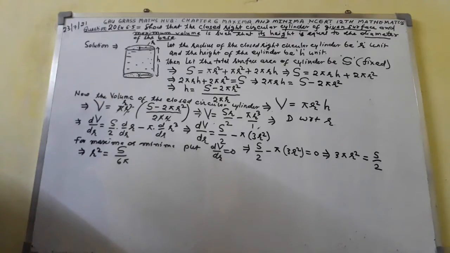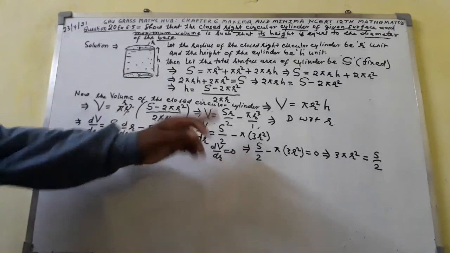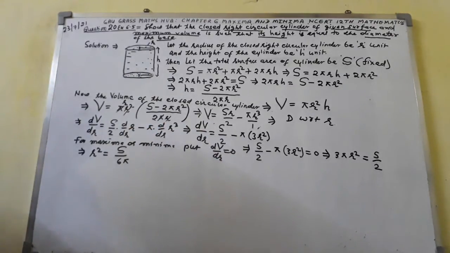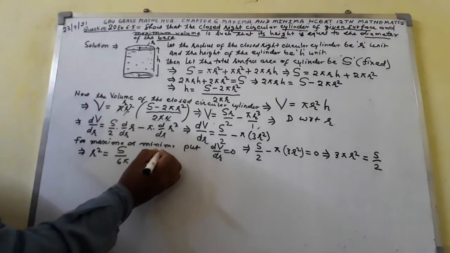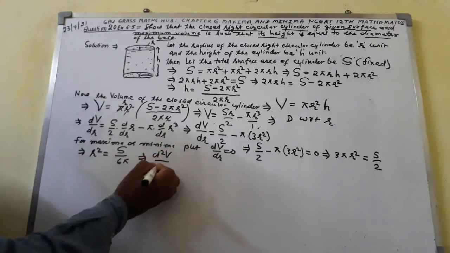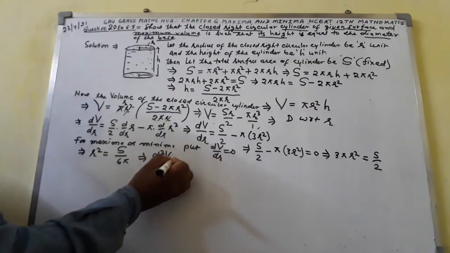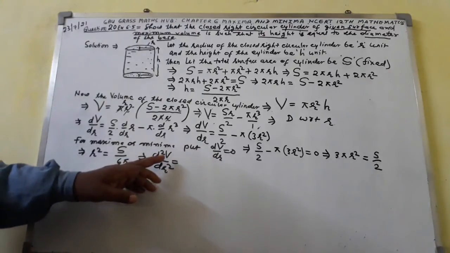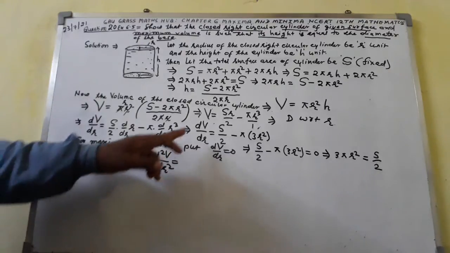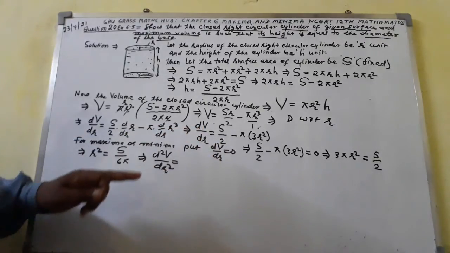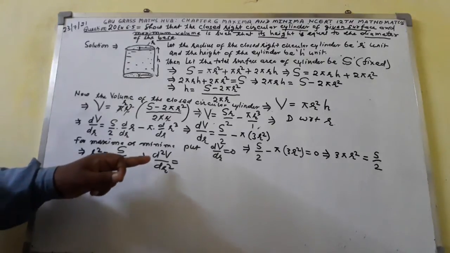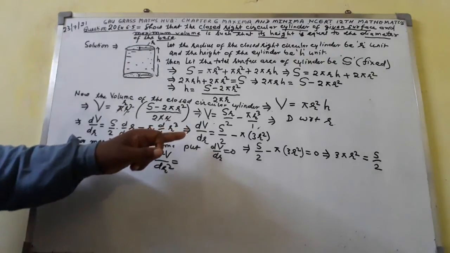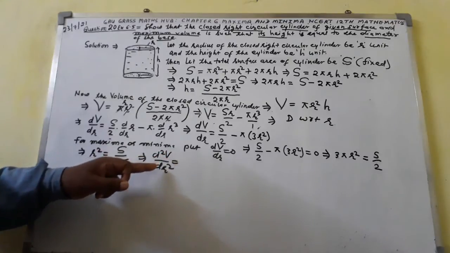Next, we shall find out the second order derivative of this function. Let us see the second order derivative. So here I shall write, implies that d square V over dr square. This thing you have to find. Here dV over dr is the first order derivative of V. Then the second order derivative of V will be d square V over dr square.